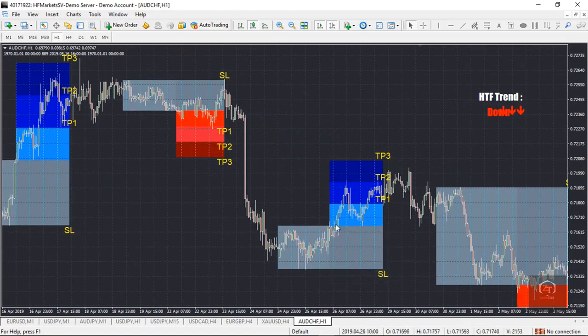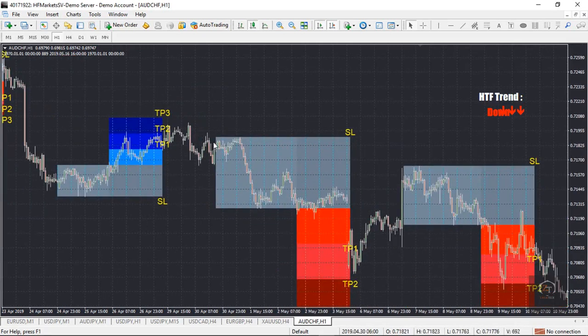When it crosses the ranging zone, this brown line here, and enters, it gives you a signal. Whenever it crosses here, it's going to give you a signal to enter a trade, and it gives you some pips for your stop loss. So this is applicable to also hit something here. It drops, hits TP1 again, swing,